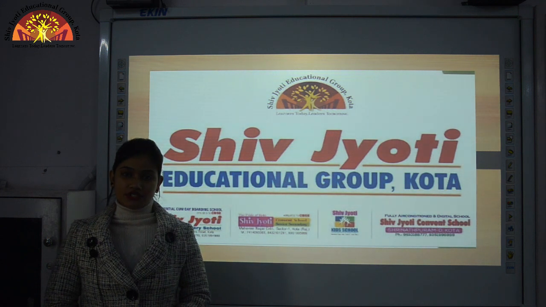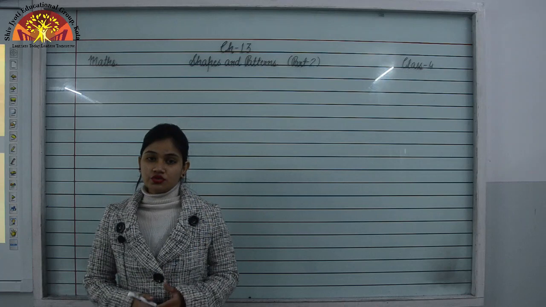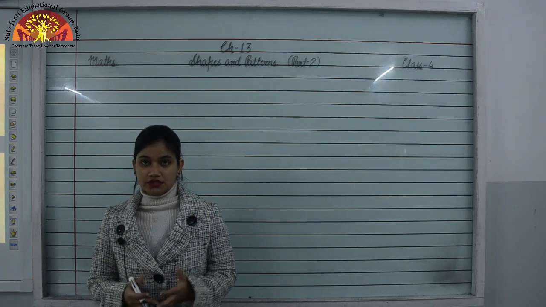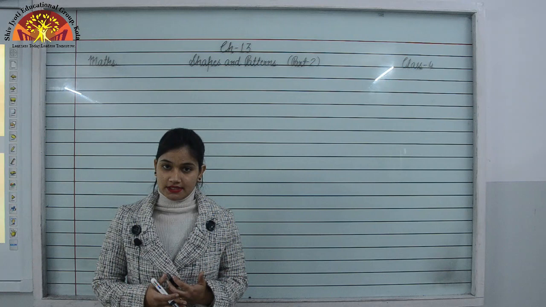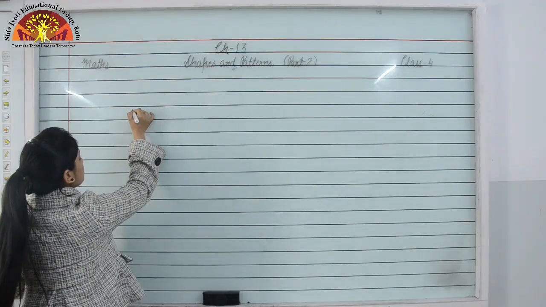Students, today we will continue chapter 13, that is shapes and patterns. In the previous video of this chapter we have seen some shapes, 2D shapes and 3D shapes. Today we are going to start a topic that is tiling and tessellation. Students, open page number 169 in your book and now we'll see